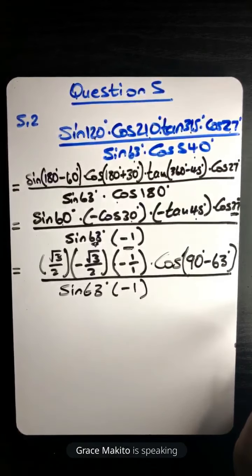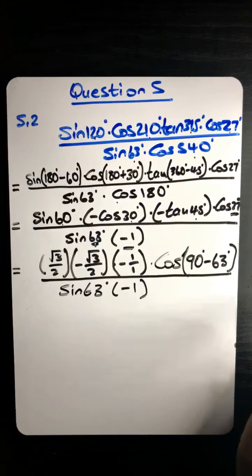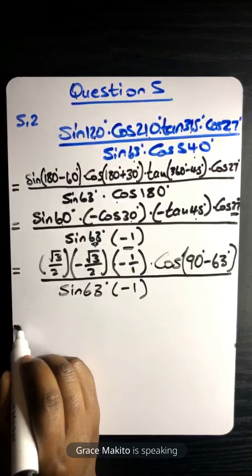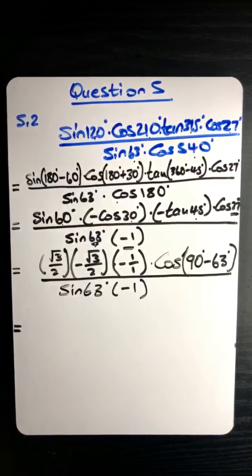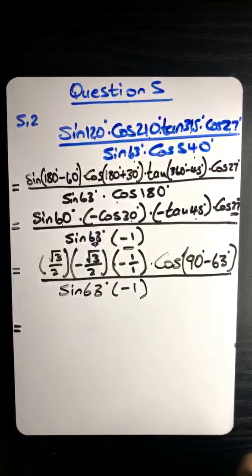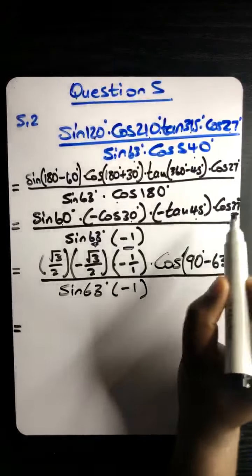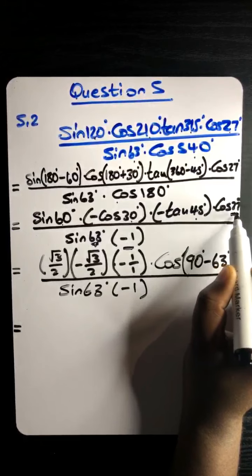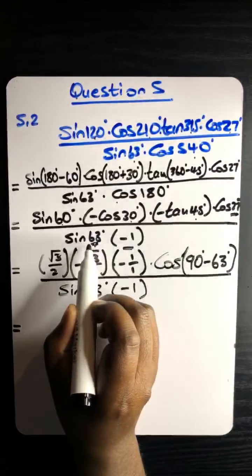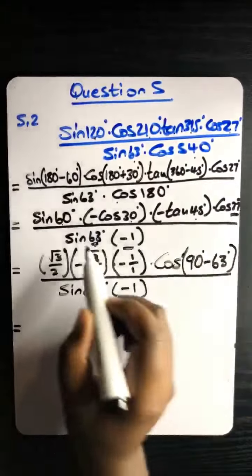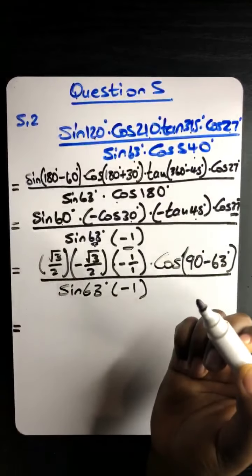Sir, I think they're supposed to cancel each other, 27 and 63. Okay, Grace, you've got a point, but you don't just cancel, because sometimes you might find that this has got a negative somehow, or this has got a negative somehow. It's not always where you just cancel them out. In some instances, yes,